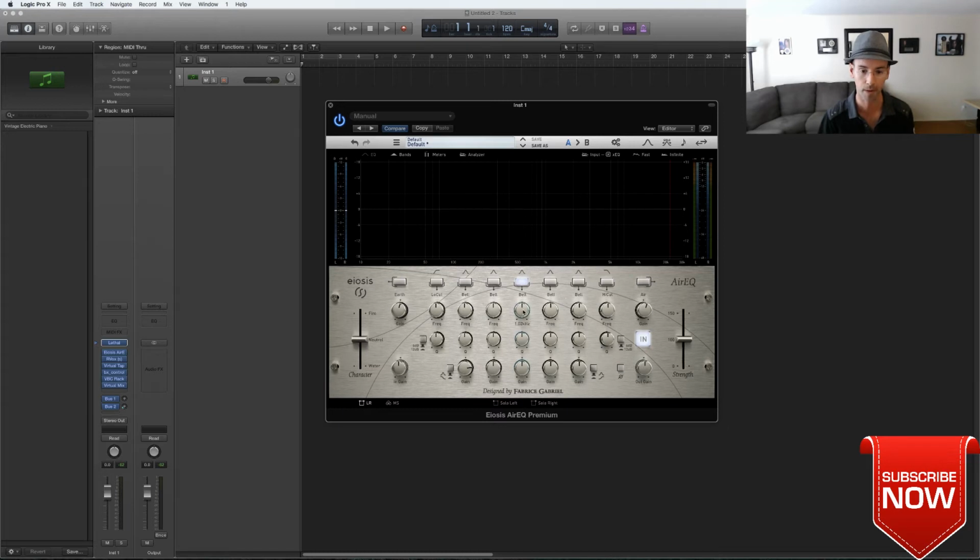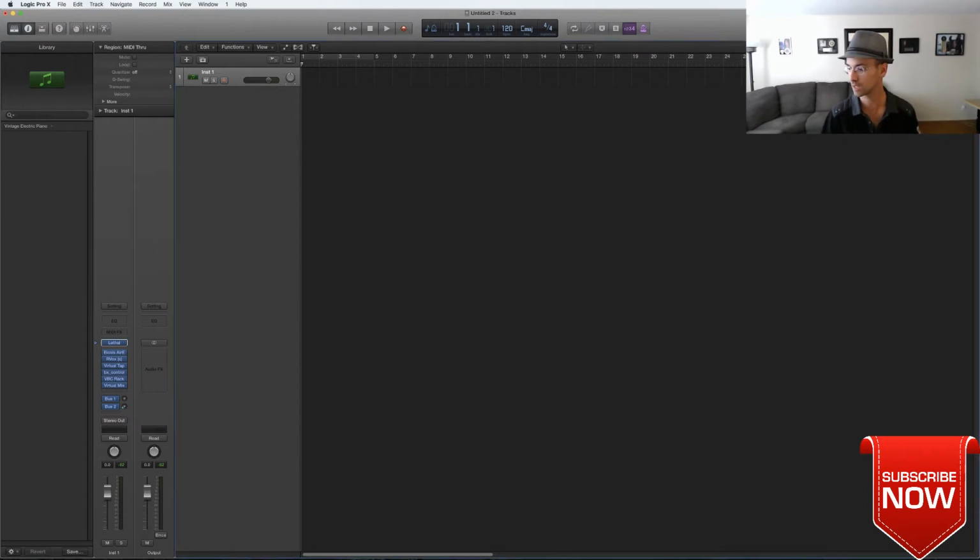So you have your band, you can switch your frequency, gain. If you're looking for a specific frequency, you just change. I mean, this is basic. This is like other plugins, okay? But that's pretty much why I absolutely love this plugin. Fabrice is a genius. He's clearly known as probably the best algorithm designer in the world. So that's something to check out.